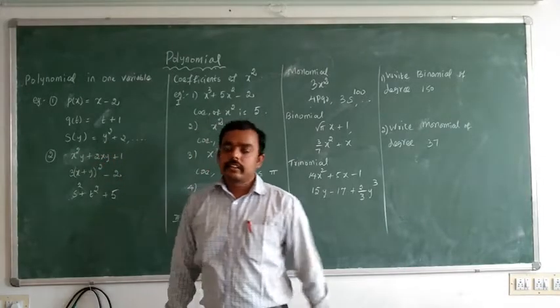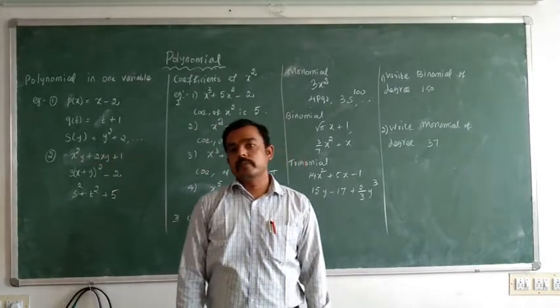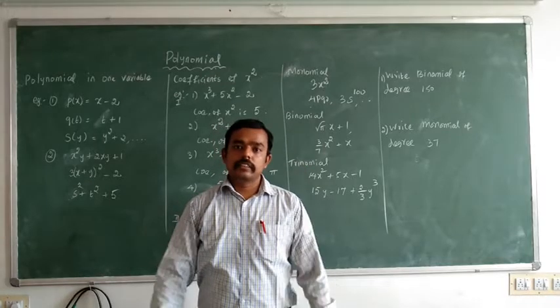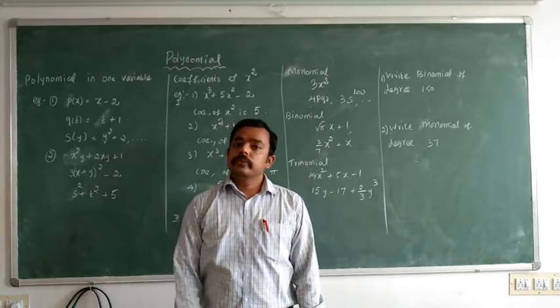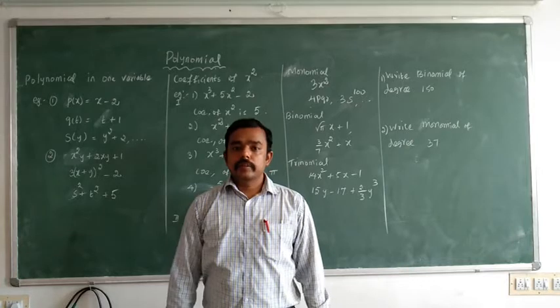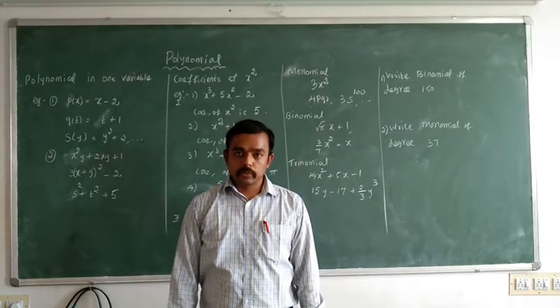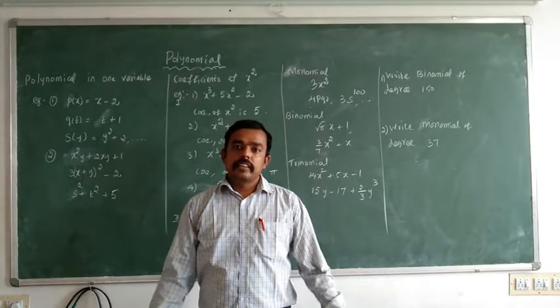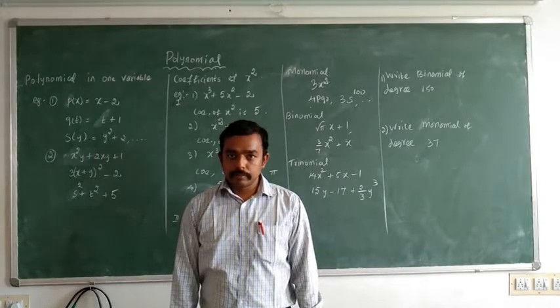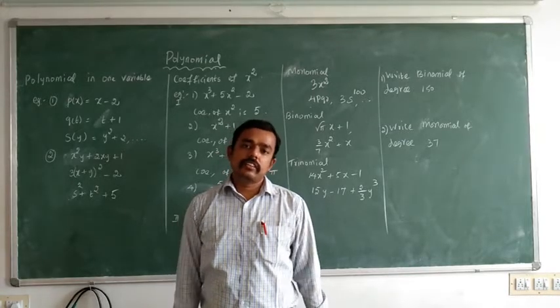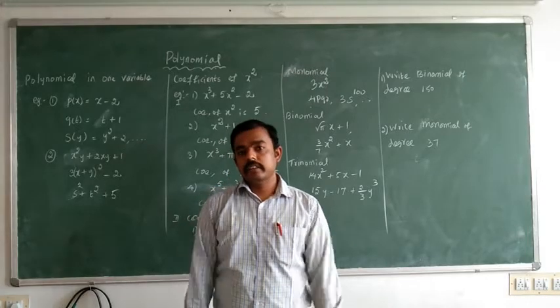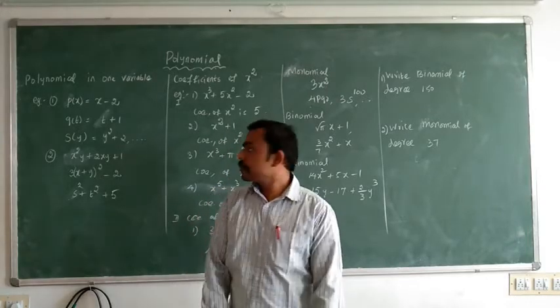You may have written previously: your age is, suppose, x years, and your father's age is 30 years more than you. We can express this as x plus 30. Similarly, the area of a square is a squared. Similarly, we can write the volume of particular things. Everything we have written already, we can call expressions.